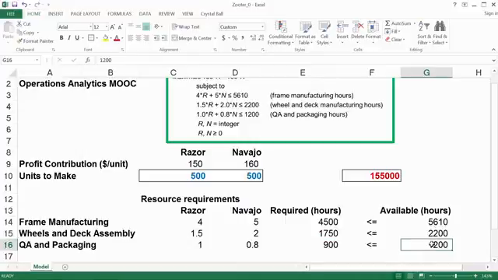Those are resource constraints. For example, if we produce 500 units of each model, we earn the profit of $155,000, as Excel tells us, and all of our resource consumption values stay within allowable ranges. Well, can we make more money by increasing the production? Let's try producing 500 Razor scooters, but 750 Navajo scooters. Our profit jumps to